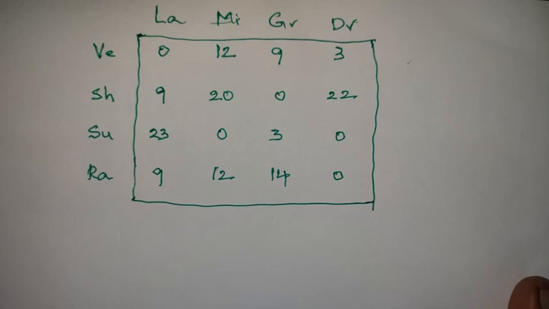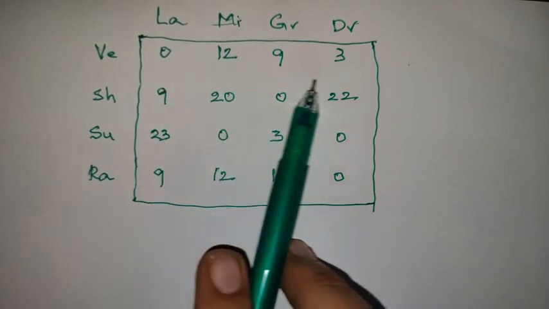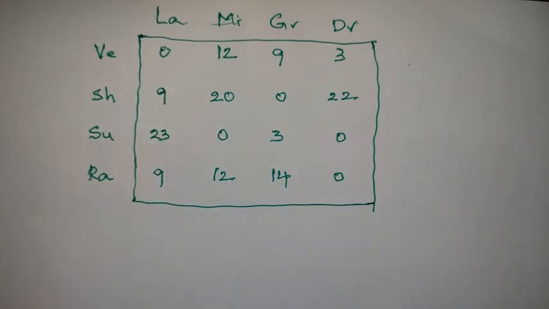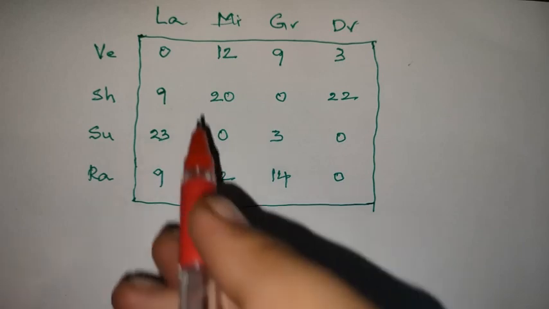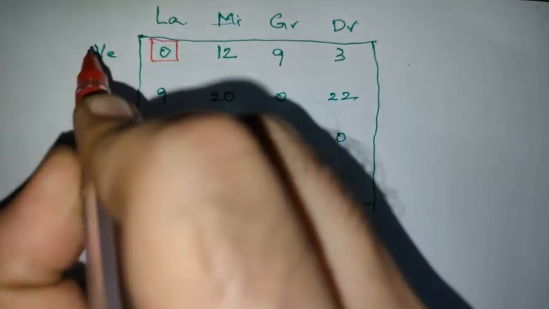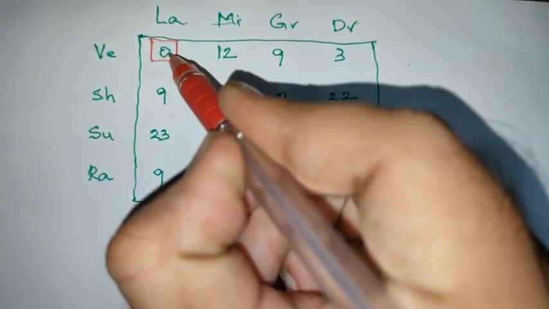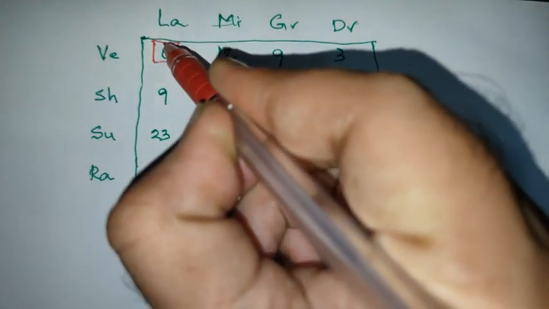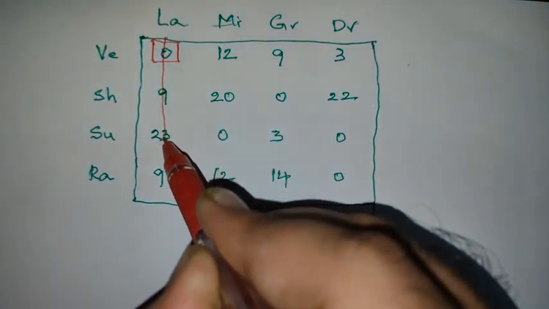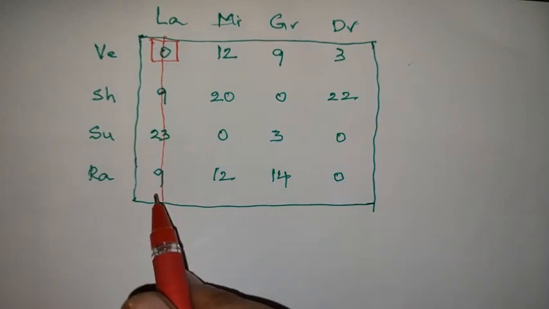Let us see that. First, take the first row. In the first row, how many zeros are there? Only a single 0 is there. So box that 0 around it. And strike off that column whichever 0 is boxed. As I boxed this first 0, so strike off this column. So that means column 1 is deleted now.